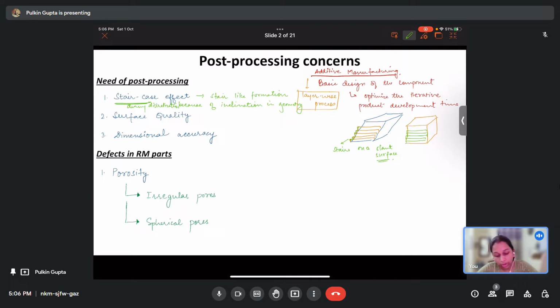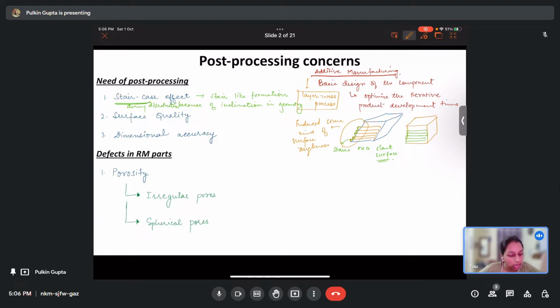Because of this, you see this isn't a smooth surface, instead this has induced some kind of surface roughness. If this staircase effect would not have been there, there would not have been any kind of